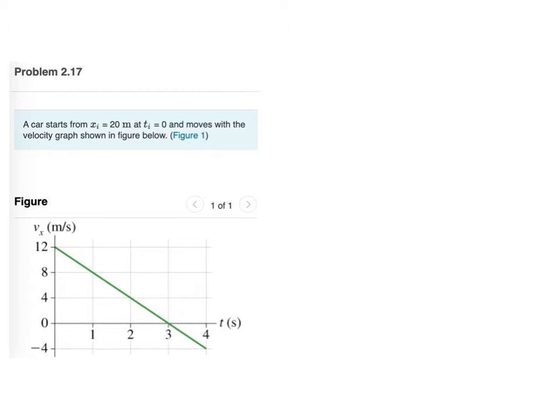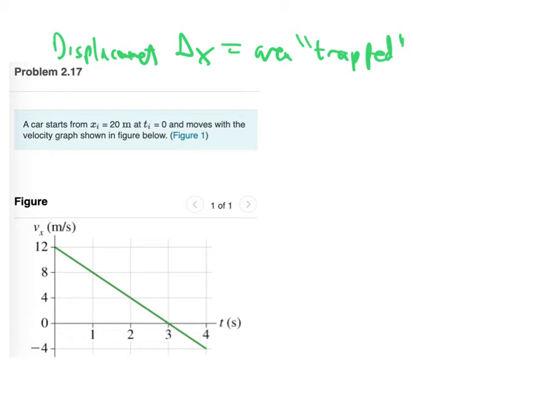So, on a velocity-time plot, we can't get positions, but we can get displacement, because we know that displacement delta x is the area trapped during the time we're talking about. So for instance, here we're talking between 0 seconds and 2 seconds. So we're looking at this region, again in the sort of weird sense of area in a calculus context. Now, of course, here we have a trapezoid, and so we know that delta x from 0 to 2 is the area of the trapezoid,